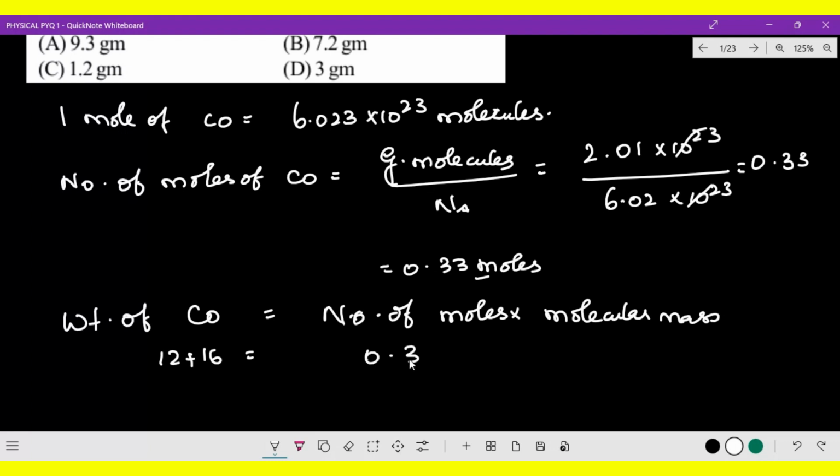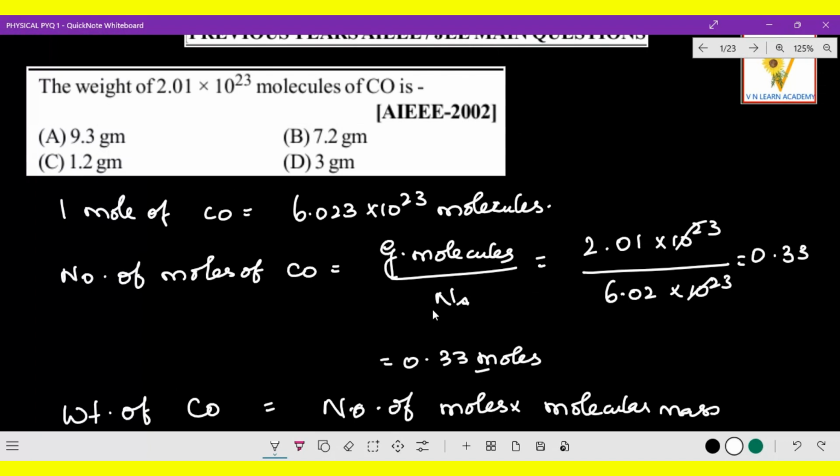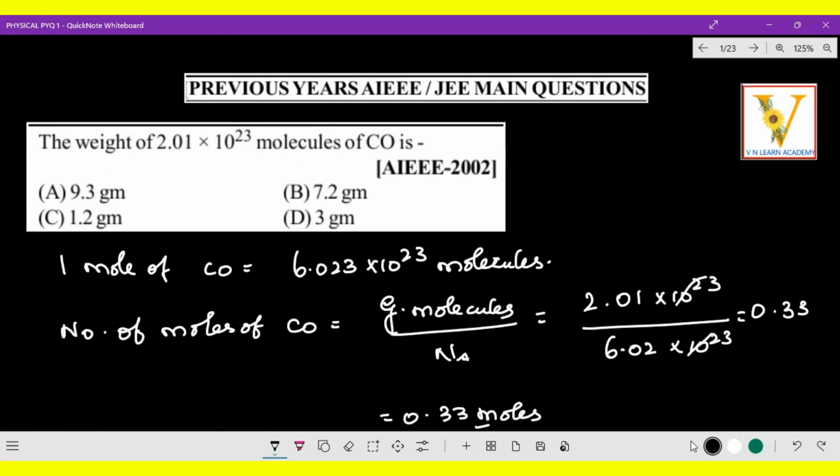So, 0.33 into 28. See, this also you make it as a whole number, like now for example imagine 30 into 30 in that way. Here 0.33 is there and 28. So make it as a whole number, in a logical way you can analyze the answer. So approximately you will get 9 and two digits. So here actually the answer is 9.34 gram. So the answer here is 9.3. In that way you can calculate, an easy way to identify the answer.